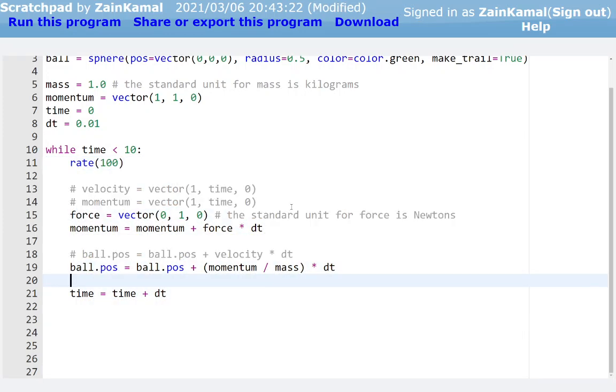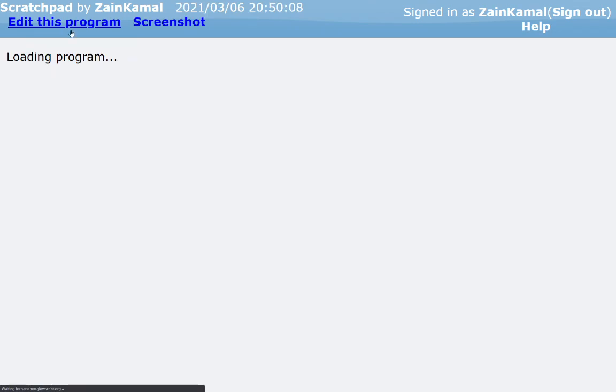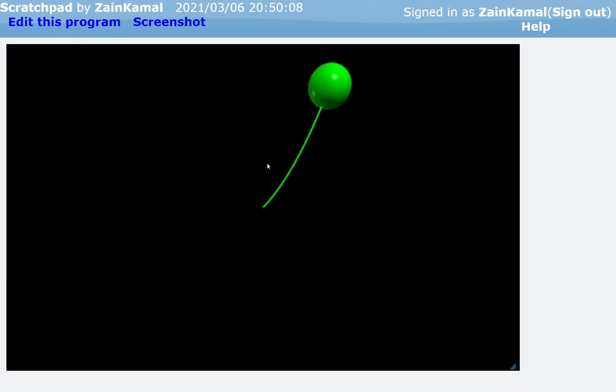Tab all this out. We have all this code, and now when we run it, we're going to get a very similar parabola, except now it's accelerating upwards. Accelerating meaning we're seeing some change in velocity over change in time. And this is the same thing as when we saw the parabola before. Our y component was changing. At first it was 0, and then it was 1, and then it was 2, and then it kept changing